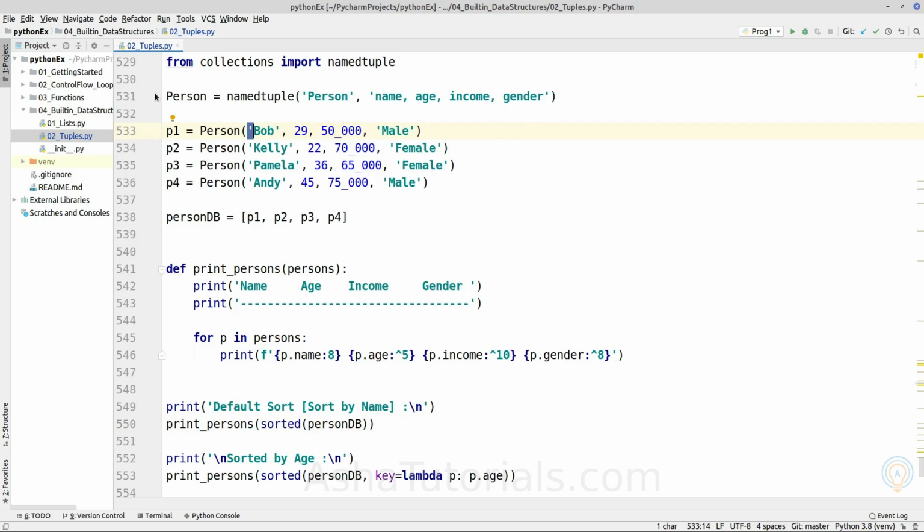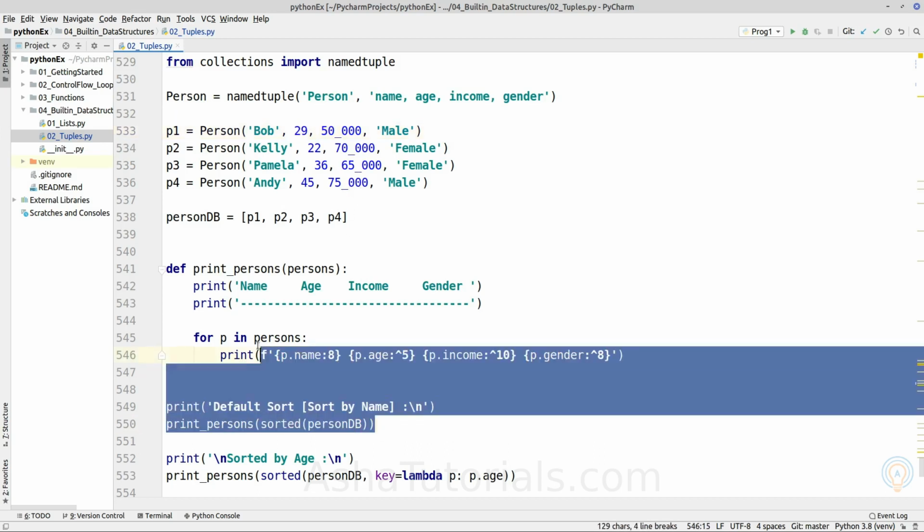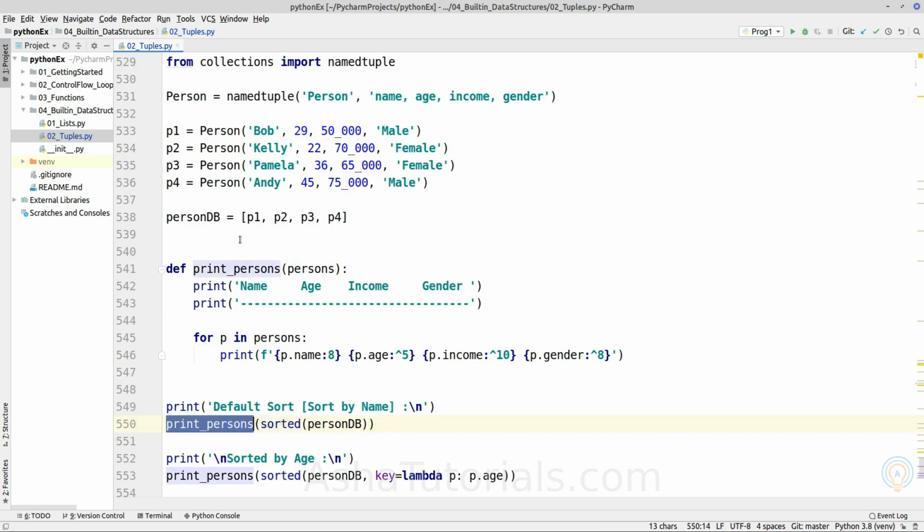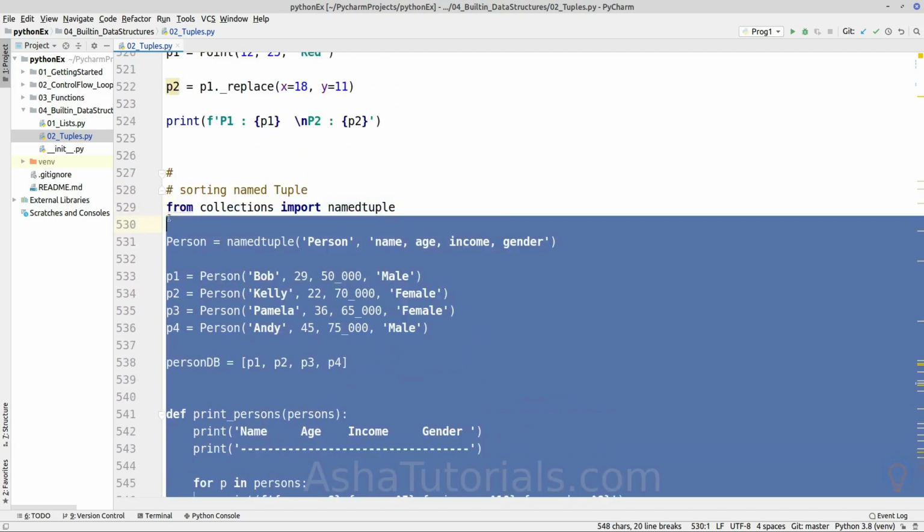For this example, the first element is the person name, so it will sort first by the person name, and if both persons have the same name, it will go to the second argument, which is age. We are passing that sorted list, which has named tuple objects, to a function which prints all the elements of a given list or iterable. So if we execute,